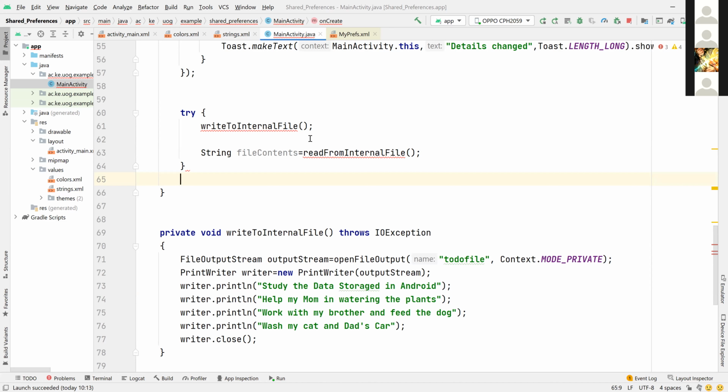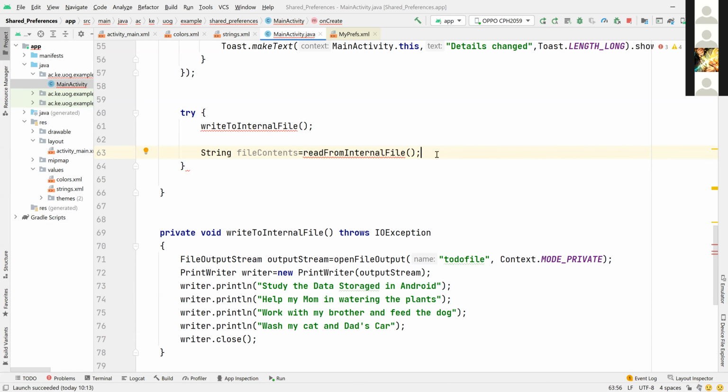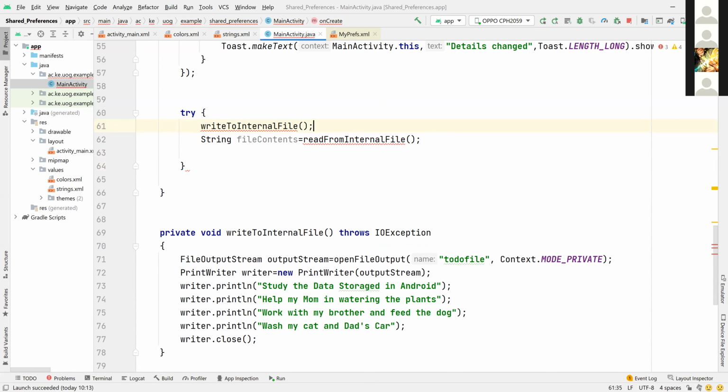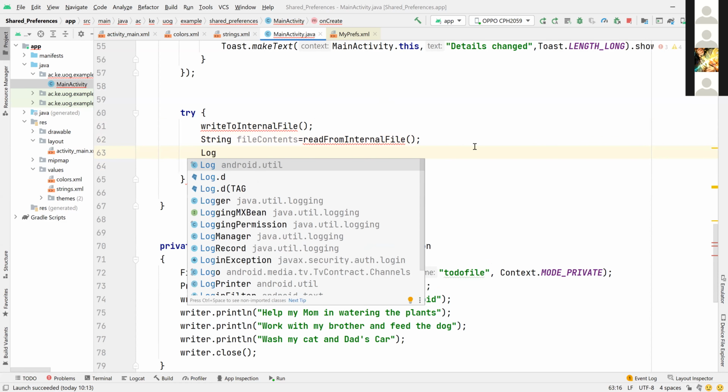So this is where I want us now to go ahead and implement it. So we are saying that string file contents, we say read from internal file, right? Then we log these details because we would want to log them. So that is try. So we now have, we log these details, log.d,